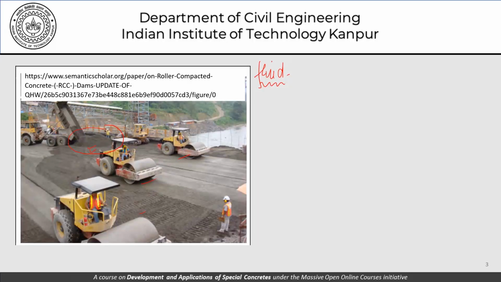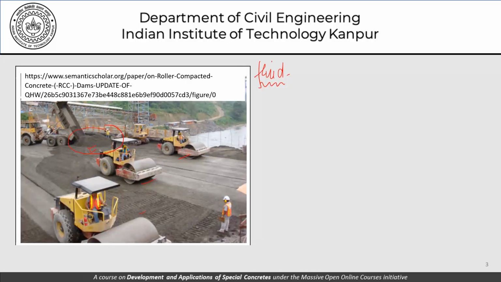Now this fluid behavior or liquid behavior, which is a desirable characteristic, that analogy is completely true when it comes to concrete such as self-compacting concrete or pumpable concrete and so on. But this concrete, which is roller compacted, is not really that. Please understand that now I'm trying to modify my definition or my expectation from concrete from a real fluid in that sense of the word to a material which fills all the nooks and corners of formwork upon vibration.